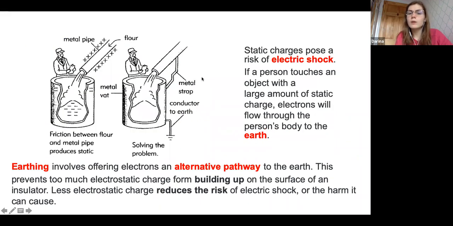Okay, so we've already talked about this a bit actually. Obviously, buildup of static electricity, static charge can also result in an electric shock. If we don't just have our jumper being put on, which is a very small buildup of charge, but we have a massive pipe or anything that's having a lot of friction on it, that might be a large buildup of static electricity and charge, and therefore the electric shock might be bigger. But as you've just said, earthing offers electrons an alternative pathway to Earth. So this prevents too much electrostatic charge from building up and reduces the risk of an electric shock. So again, we've got a solution as just earthing whatever substance that we have with the static electricity and charge